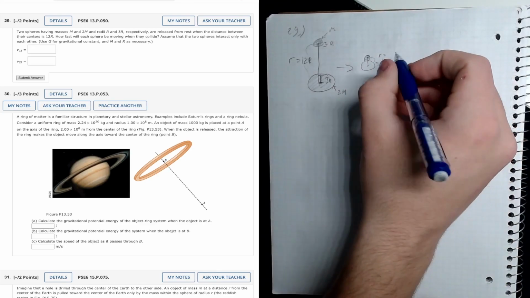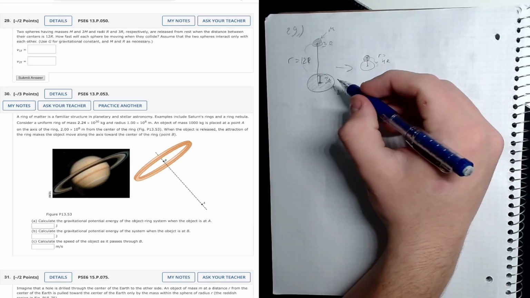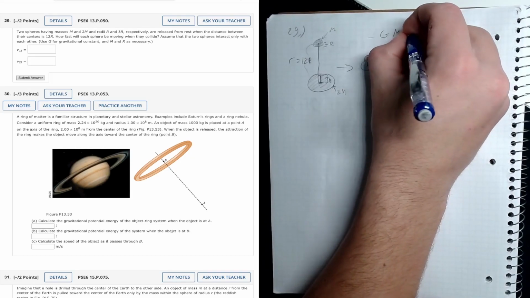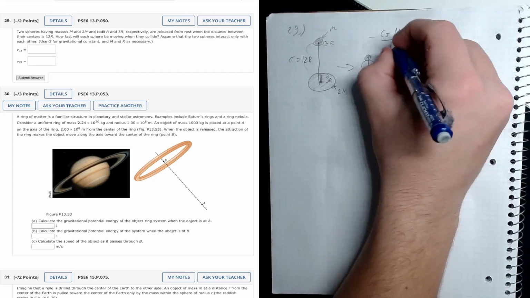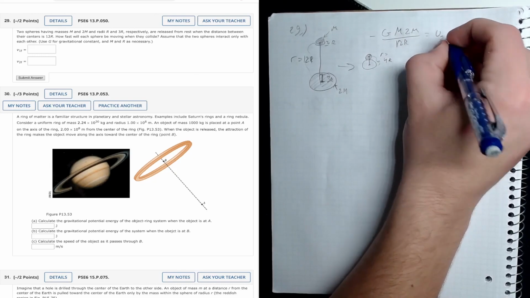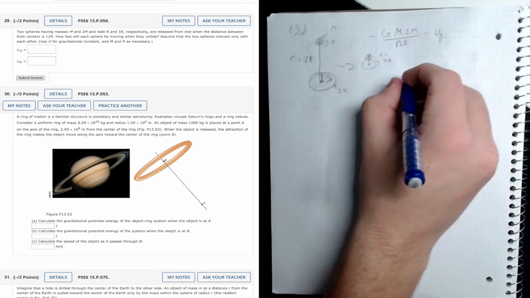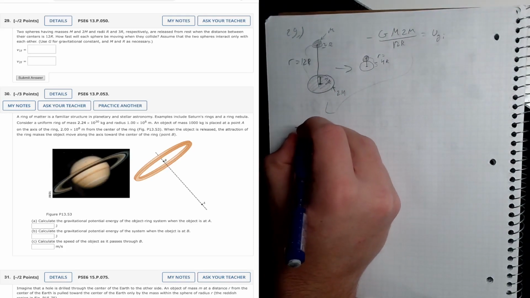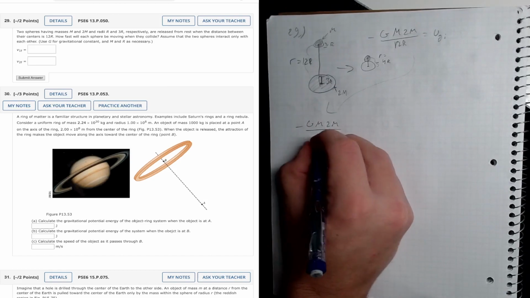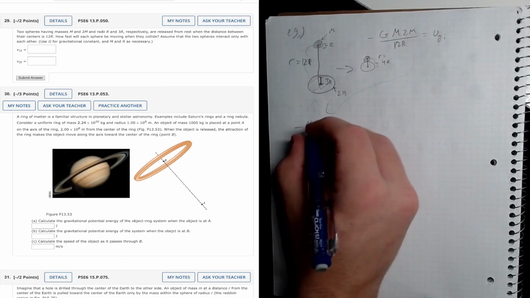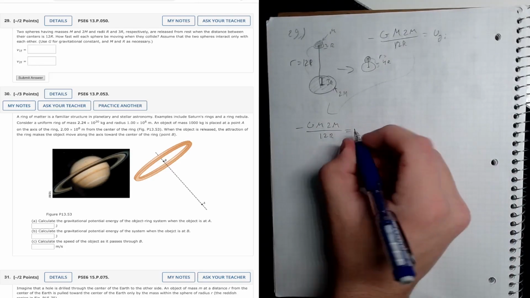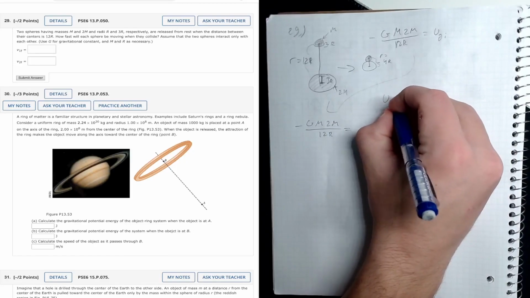So at the start, we can take the gravitational potential energy because they're not moving; they're at rest. So we'll take gravitational potential energy m and then 2m over 12r equals U sub g initial. Move that down here because it's going to be a big equation, I assume. G m 2m over 12r. We can condense this to Gm squared over 6r, we'll do that later, equals, so it's going to be gravitational potential energy initial